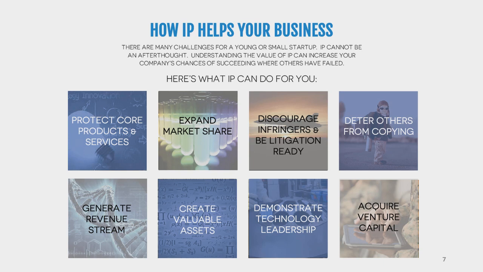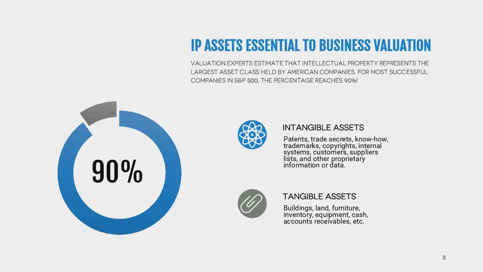Now, to use a football analogy, and I know Phil likes this, IP can be used for offense, defense, and special teams. And when you execute on all facets of the game, especially if you guys are football fans, you will know you'll win games. And IP can do that for you. And when you win many games for a long period of time, you win Super Bowls and you build a dynasty.